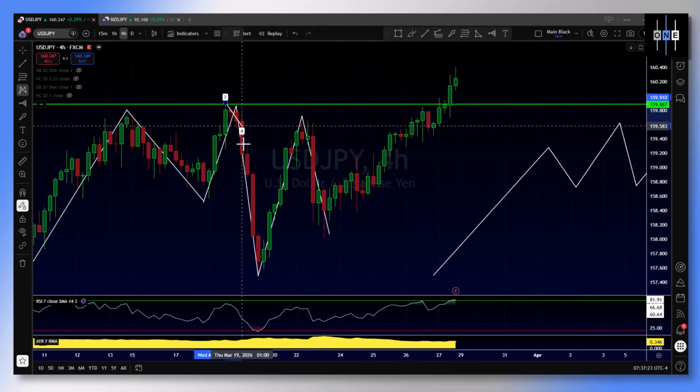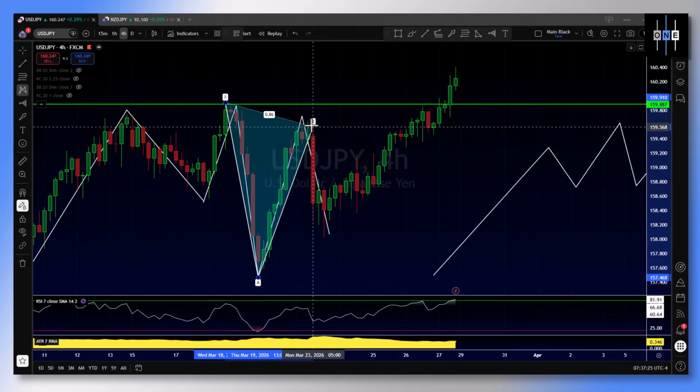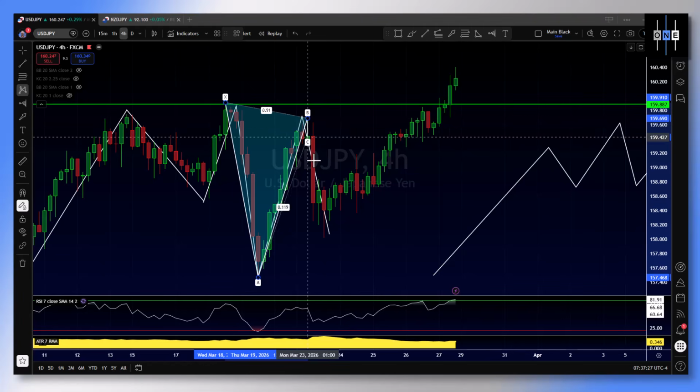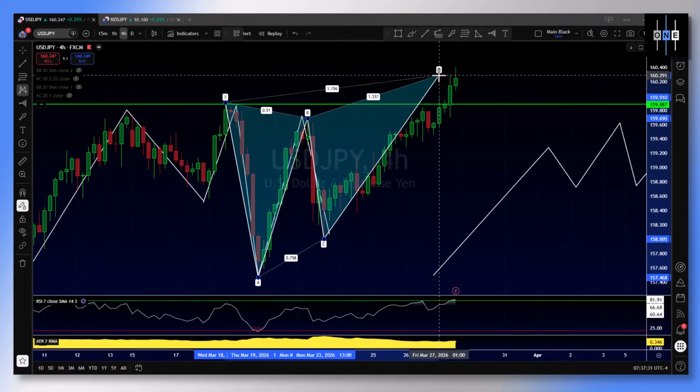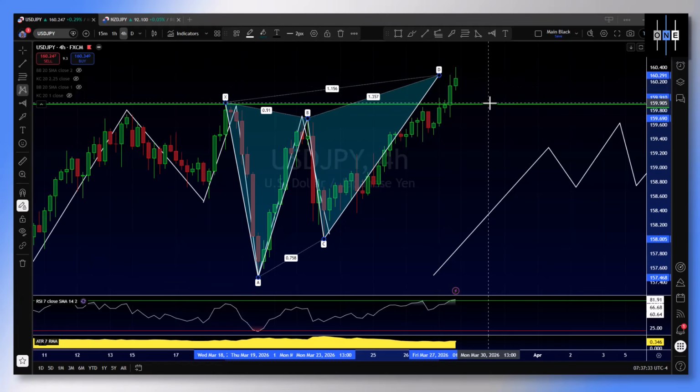We have a swing high to swing low, X to A. We have an A to B right here. We have a B to C, and we have a butterfly pattern that completes above the X leg, something like this. So the cool thing about the butterfly, we had a whole discussion about the philosophy of the butterfly pattern,